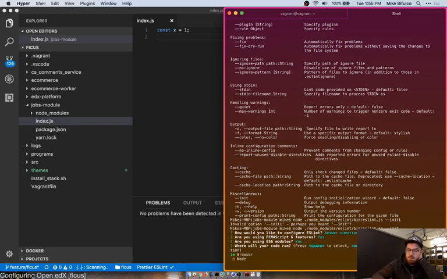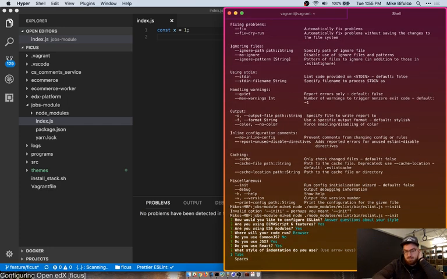Code will run in the browser. Do you use CommonJS? No. Do you use JSX? Maybe. I'm going to say yes. Do you use React? If I use JSX, I'll use React.